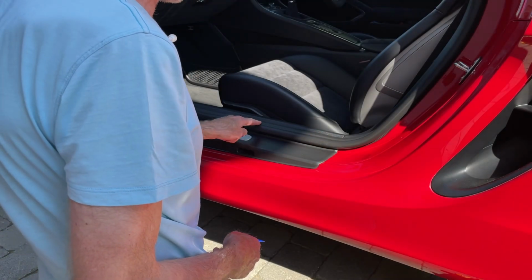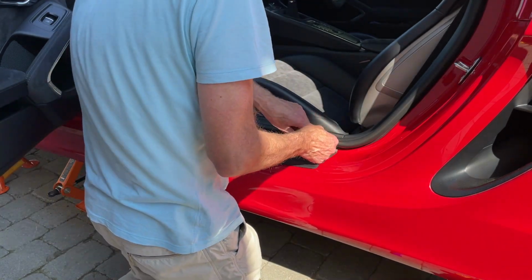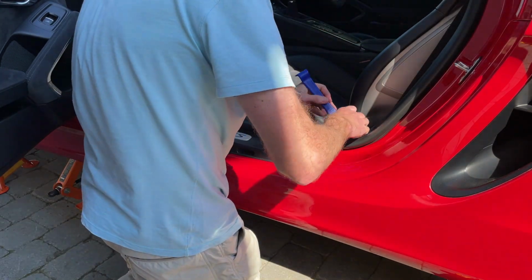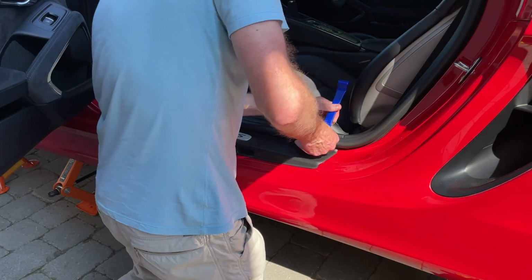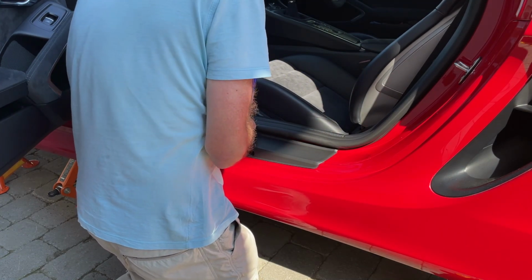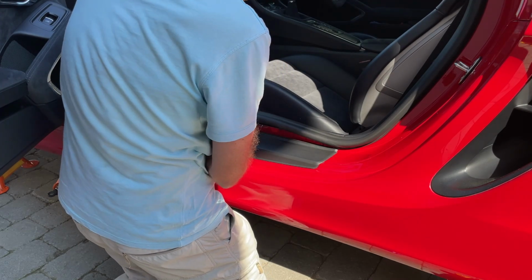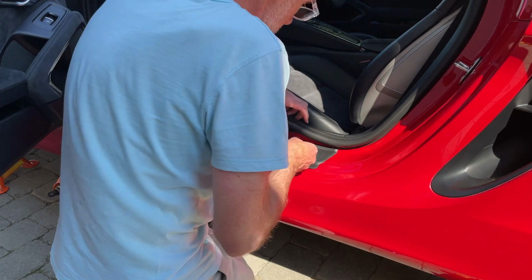Okay, so this is just a sort of friction fit, and you should be able to just get your fingers under here and just gently lift it up. It says confidently, go from the back, use a bit of a trim removal tool. There we go. So you can just gently prise that up. And with that loose, it should just pull out. There we go. It's just a friction fit, so it really doesn't need much force. And with that out of the way,